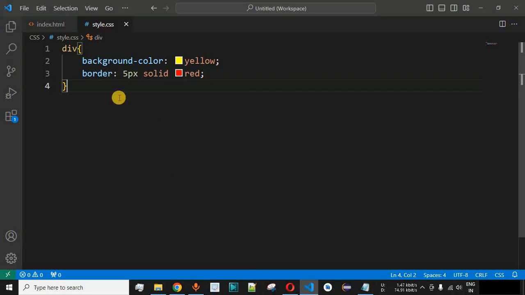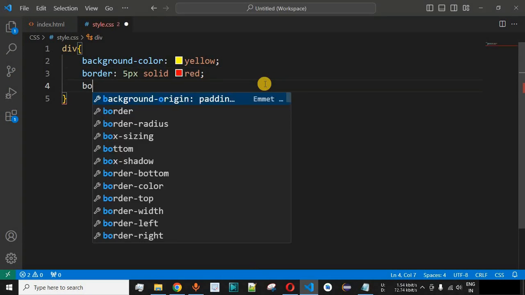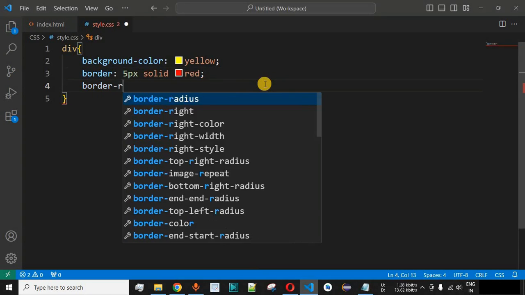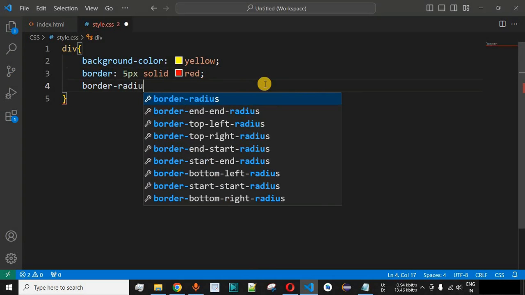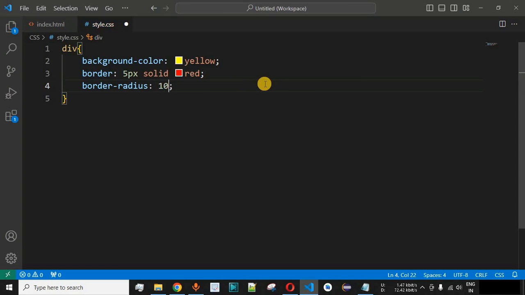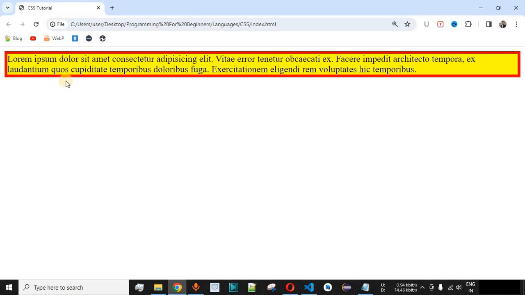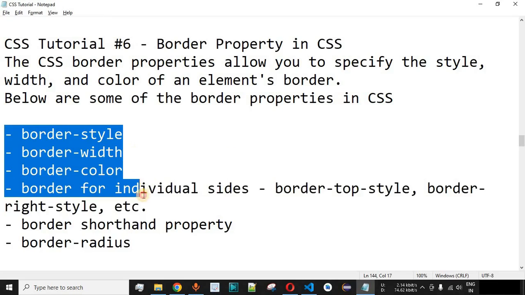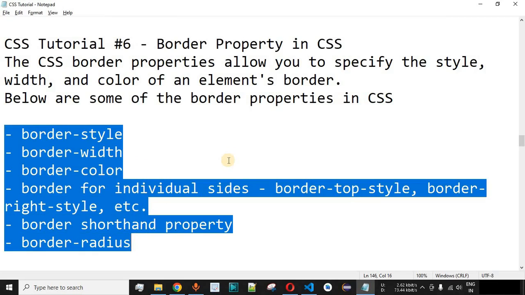So guys, let us check this as well. So over here what we can do is simply we can provide border followed by hyphen, and then we have something called as radius. So guys, let's say we provide 10 pixels as the radius in this case. So let me just save this file now and try reloading this page. So as you can see, we have provided certain border radius over here. So the corner of the border is having certain radius that is being defined by the border radius property. So guys, these are some of the border properties that you can use while defining the HTML elements.